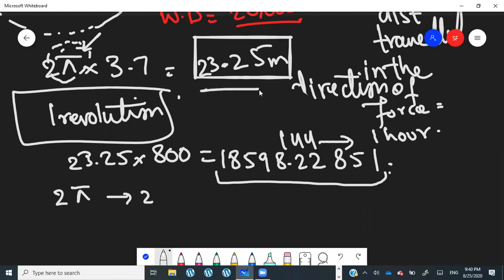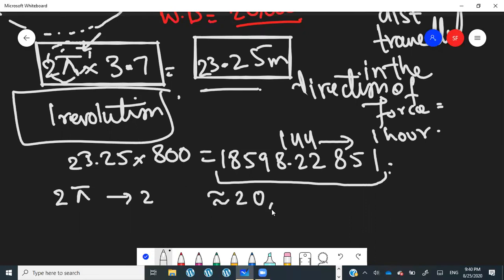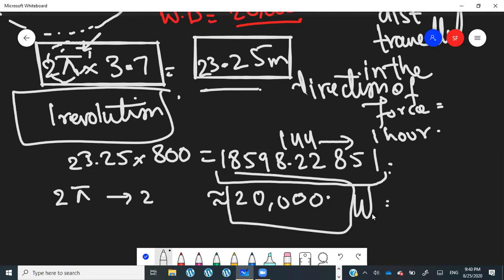Okay, you use 23.25. Basically, use this value. Okay, I had to use that for an accurate value though. Yeah, you have to use this value in your calculator. The reason is that this is going to give you a more accurate answer. Right. And this is the answer that we get. This is approximately 20,000 if you round it off to one significant figure. Watts. Okay. Actually, no, not watts, it's joules.